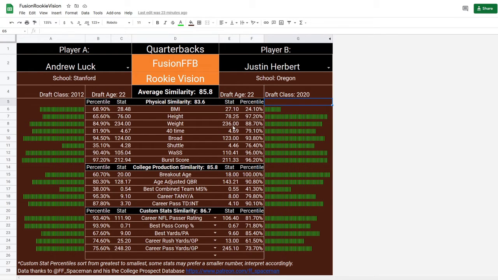So as you can see, it's all in one big picture here. I tried to make it pretty easy to see, but right here you have the stat, and on either side of it is the precise number for that stat. But you know what? There's so many numbers here and so many different kind of stats. I know we're used to working with 40 times, but you know, what does this weight adjusted speed score even mean, right? So I have percentiles here going back over a decade worth of prospects,